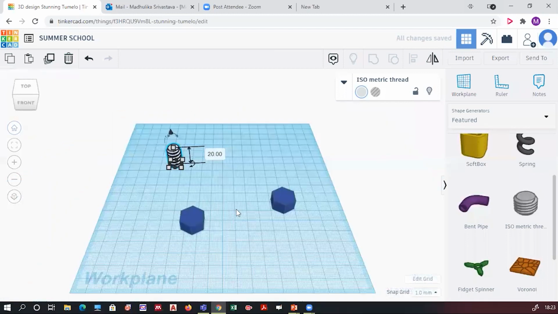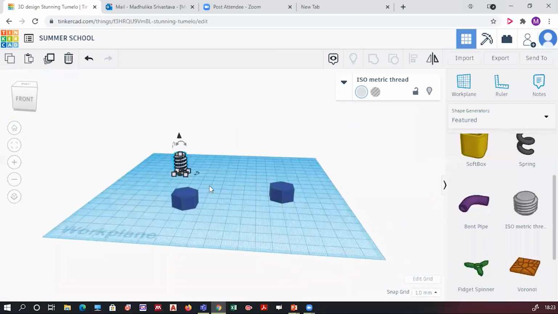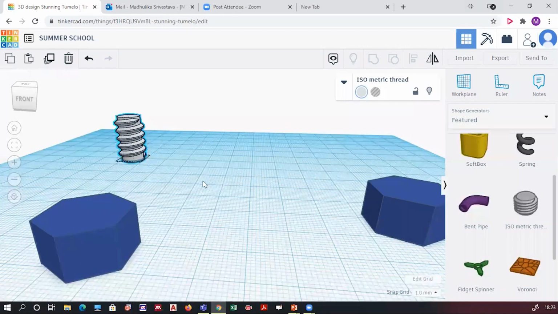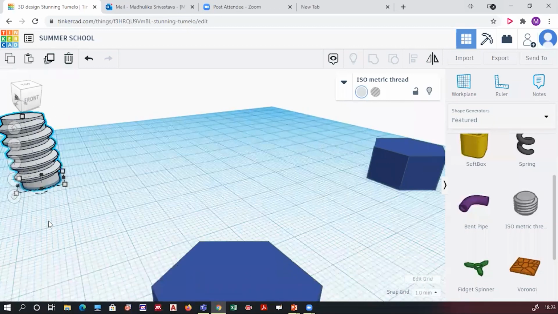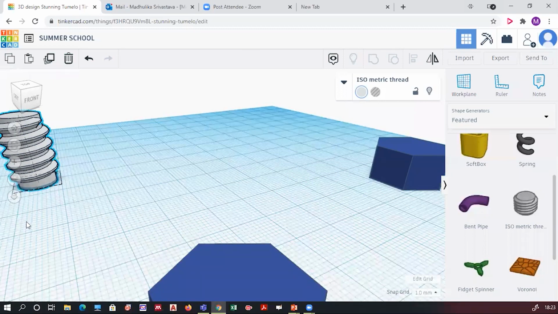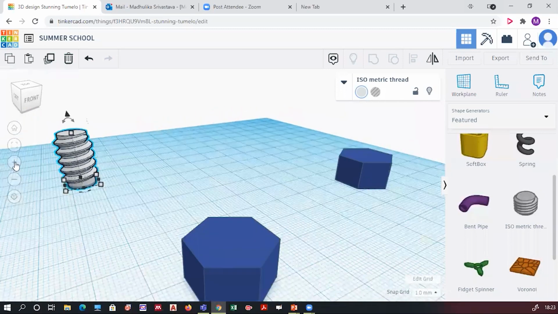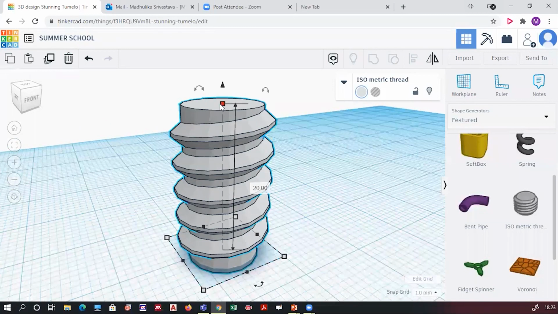Just change the height the same way you did for that cylinder option. Click on this white square and you can change the height over here.